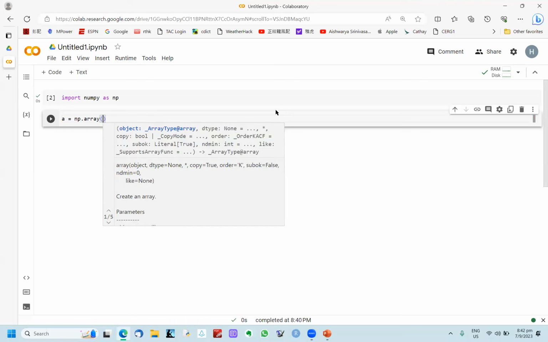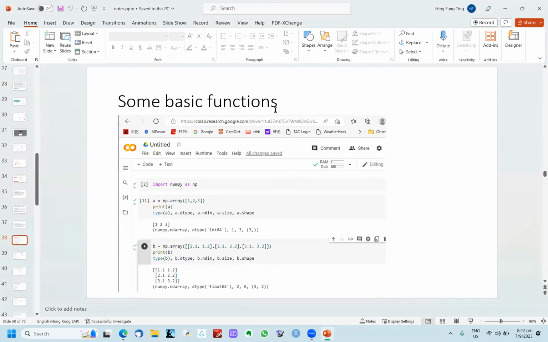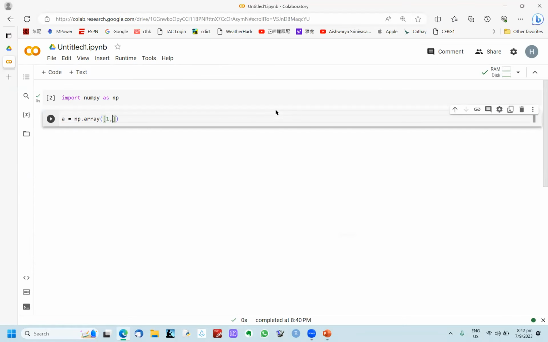In order to create a NumPy array, the argument can be just a list of values of the same type. It can be a list, it can be a tuple. So now maybe I use a list here,